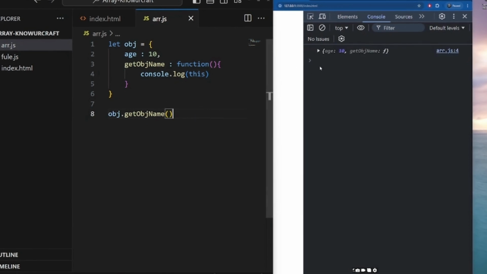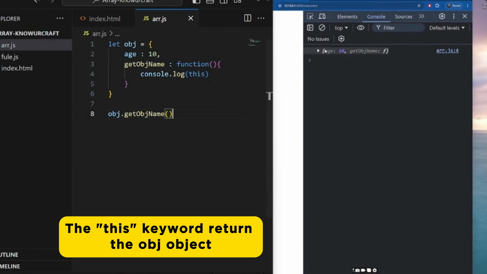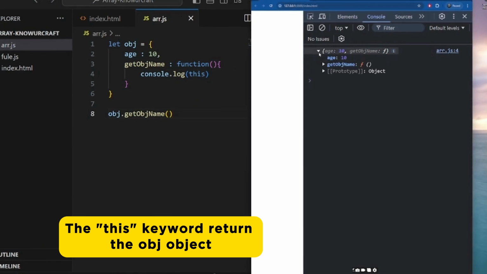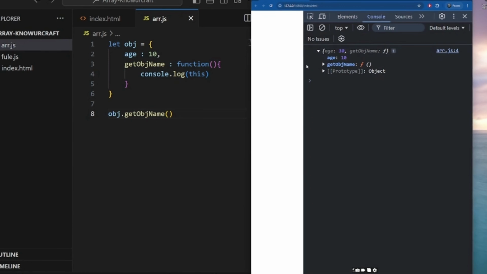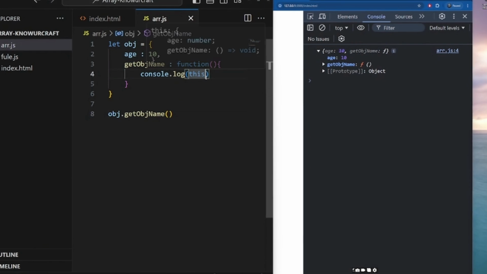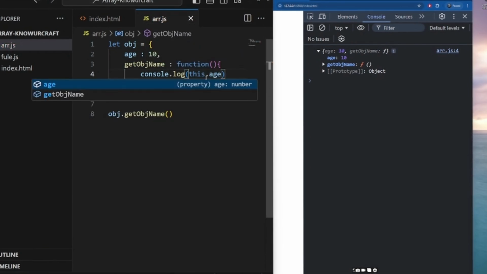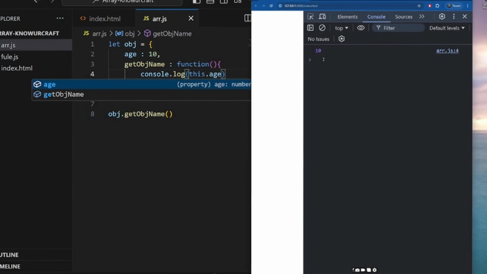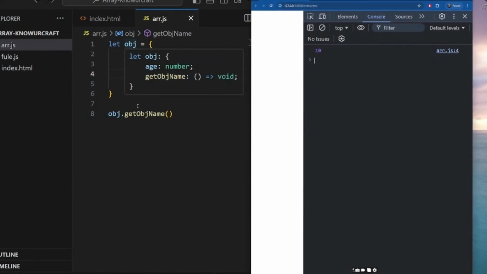Yeah, so when we console.log this, it actually gives us the items that are inside this object. So now we have age 10. Get object as a function. Okay, can you see? So I can say console.log this dot age and get us 10 automatically. Yeah, 10. So now we are able to access this object, just like saying console.log